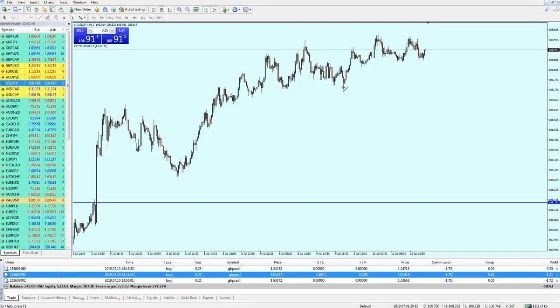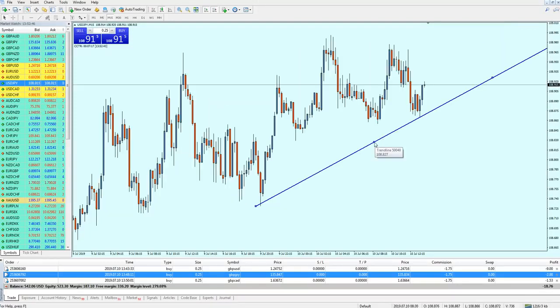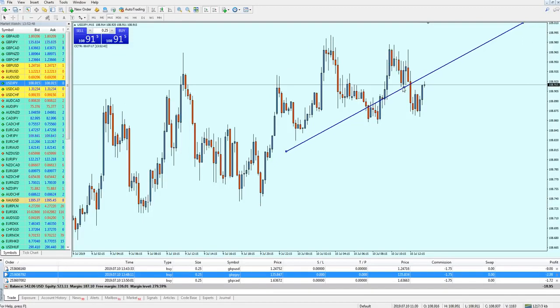So this time I'm going to draw the support trend line. Now let's move the support trend line and place it right on this previous support trend line right here. So this support trend line has been broken out by this bearish breakout candle. Now meanwhile we need to wait for the market to come up a little bit more, and then we can